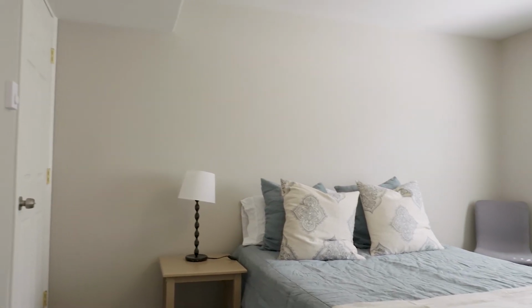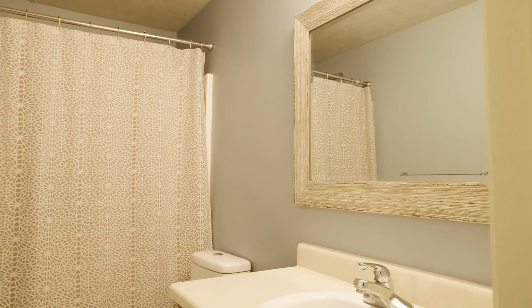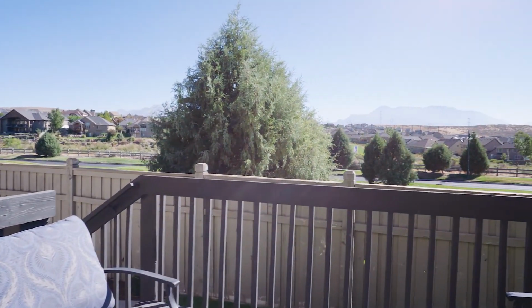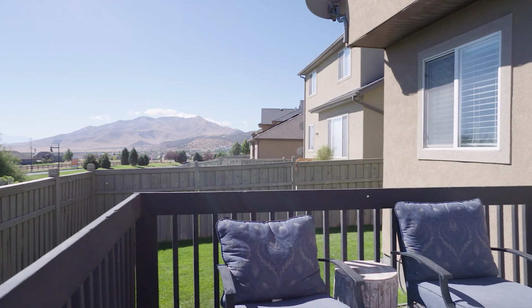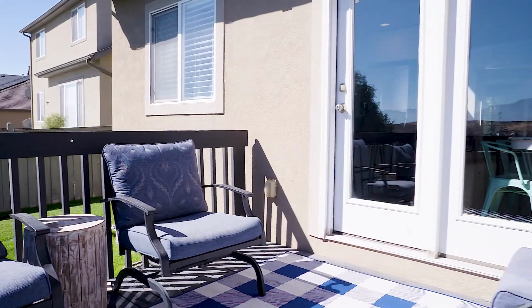Yeah. And one of the other things I noticed about this house is the shiplap board and just some of the upgrades and some of the design features are really nice. Very, very nice. This is a look off the back. Look at these beautiful views. Off in the distance, you can see we had some fires, so you can't quite see all the way out there, but that's the Wasatch Front off the far side, and beautiful mountains everywhere you look,